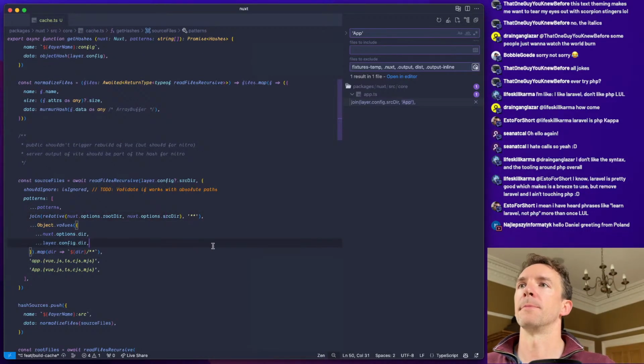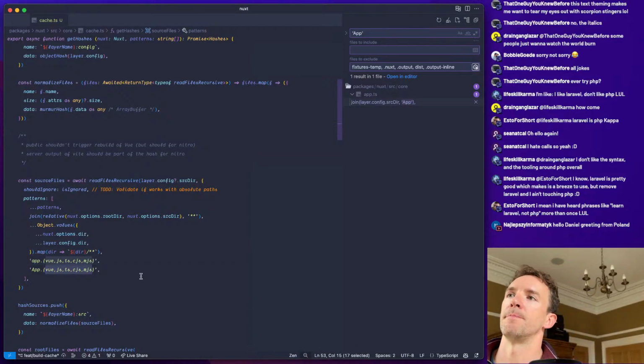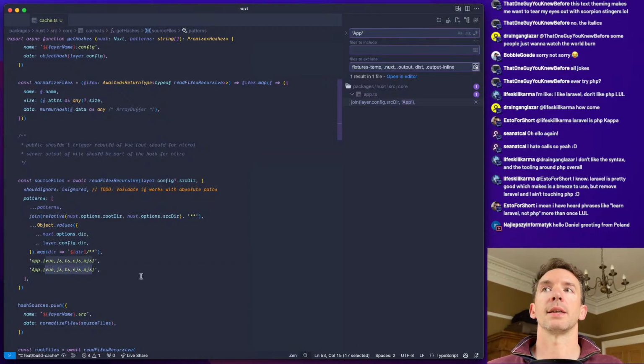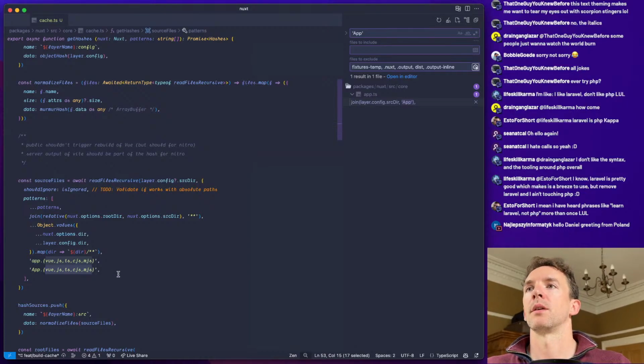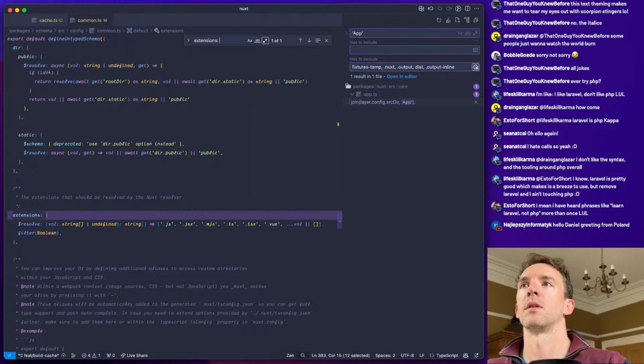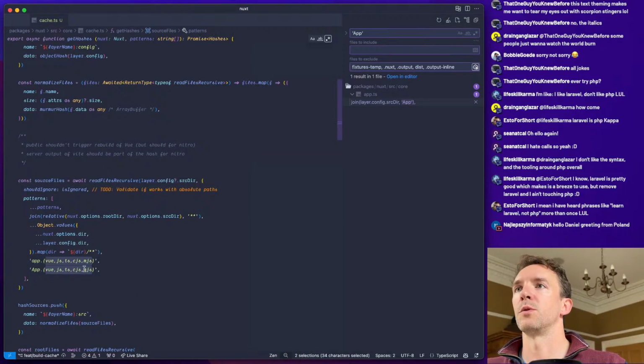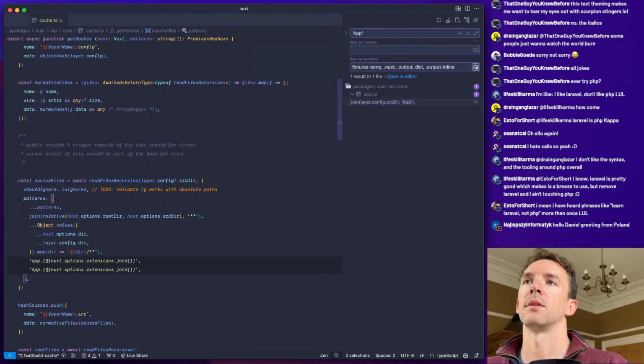Okay, that's fine. We could join it with extensions, I guess. TSX has to be a valid option. So yeah, so basically we would want to be nuxt options extensions join, comma, and I think